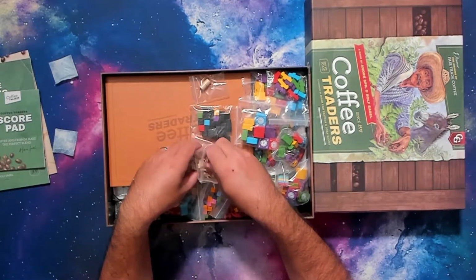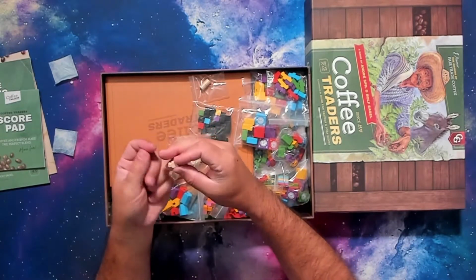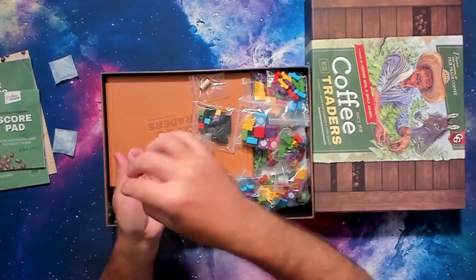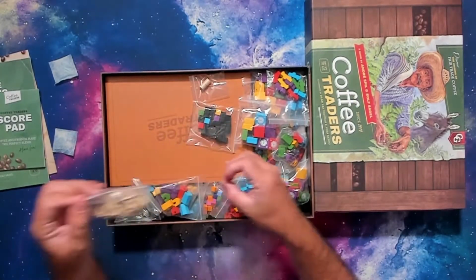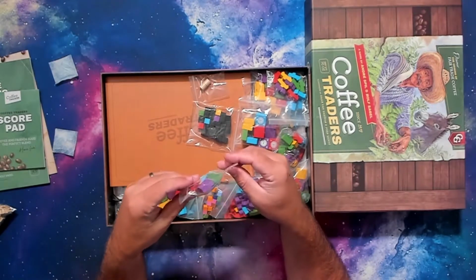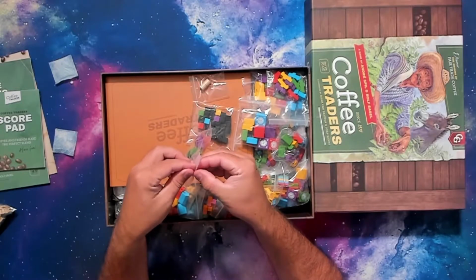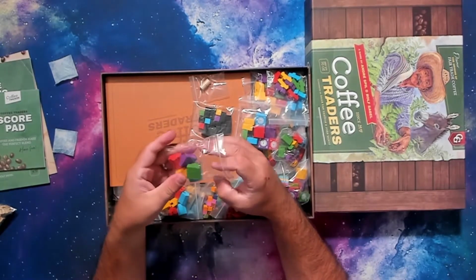All right, so here we have some of the little workers, and they're just plain wood workers. And then we have, I'm not going to remember all the different types of buildings right now, but we'll show examples of them. The colors in the book look a little bit different than the colors in printing. That's not unusual,